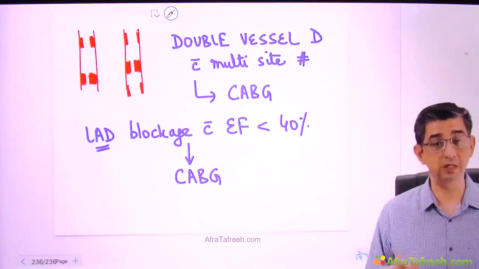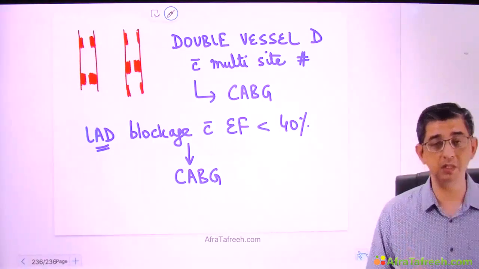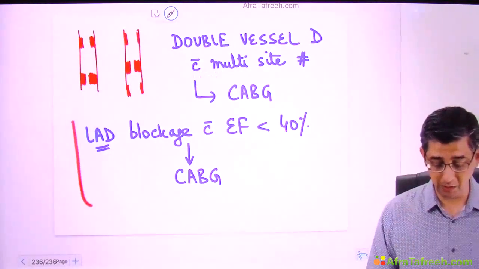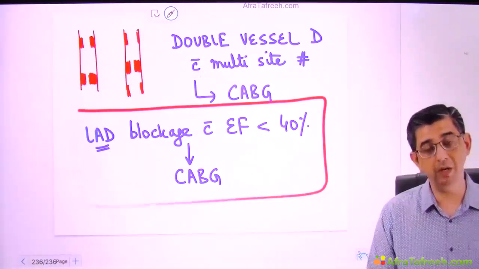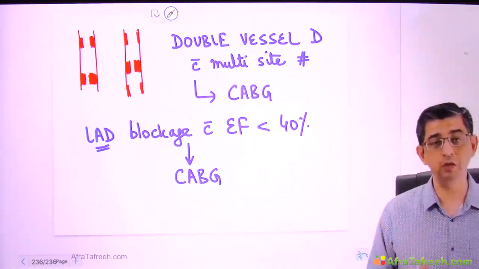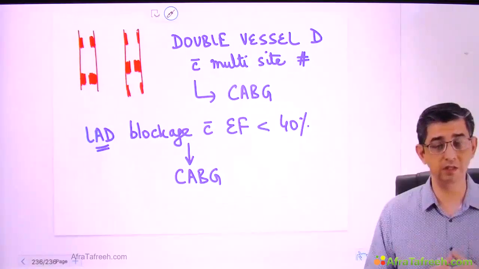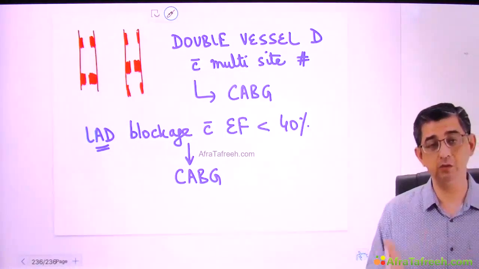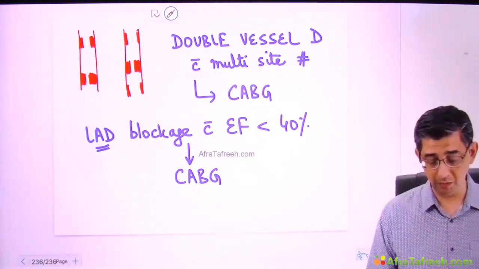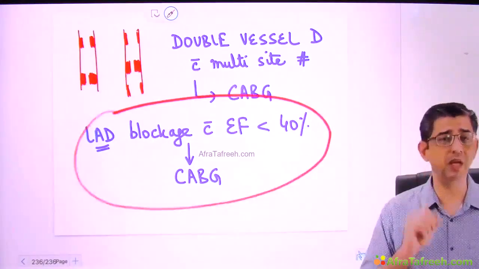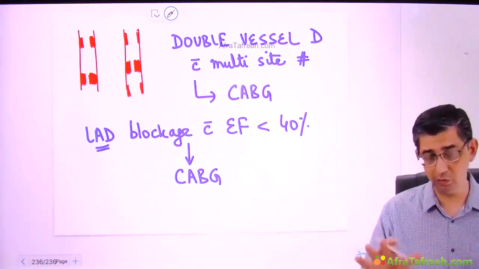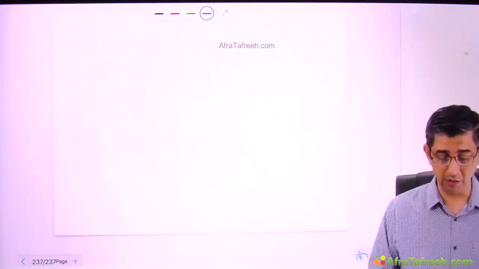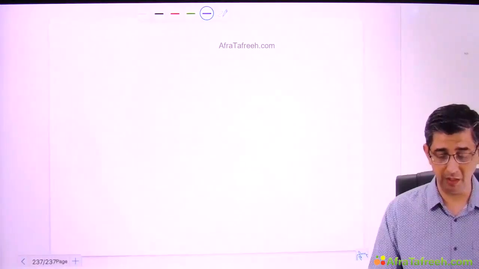So we can just summarize the indications for CABG: triple vessel disease, double vessel disease with multi-site obstruction, and the most important one, an important statement that I want you to remember, LAD blockage. Why? Because when you read it casually, it will look like single vessel disease, so you might be tempted to answer as PCI stenting. But since I've already sensitized you, you have to remember this statement of mine. In case he is mentioning any other blood vessel apart from LAD, no issues, answer PCI stenting, but here the answer is coronary artery bypass grafting. These are the revascularization procedures that would be done in the patient.